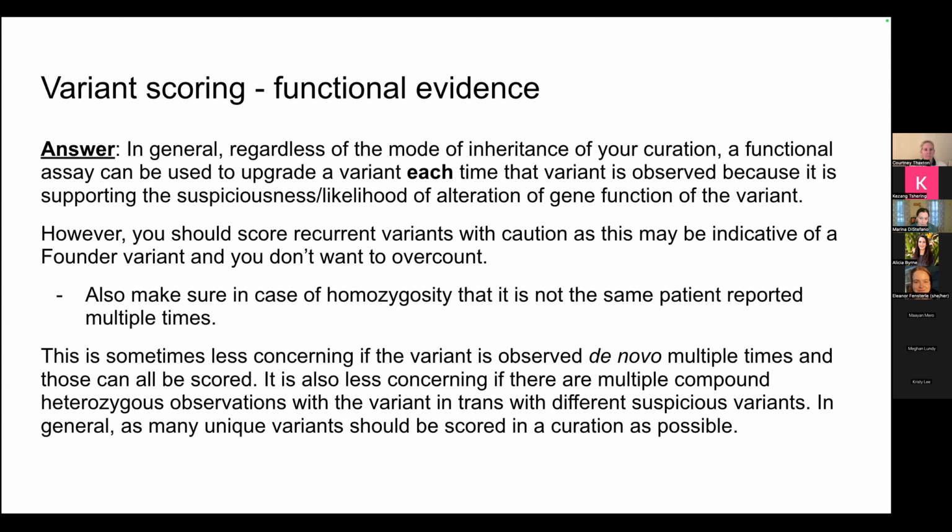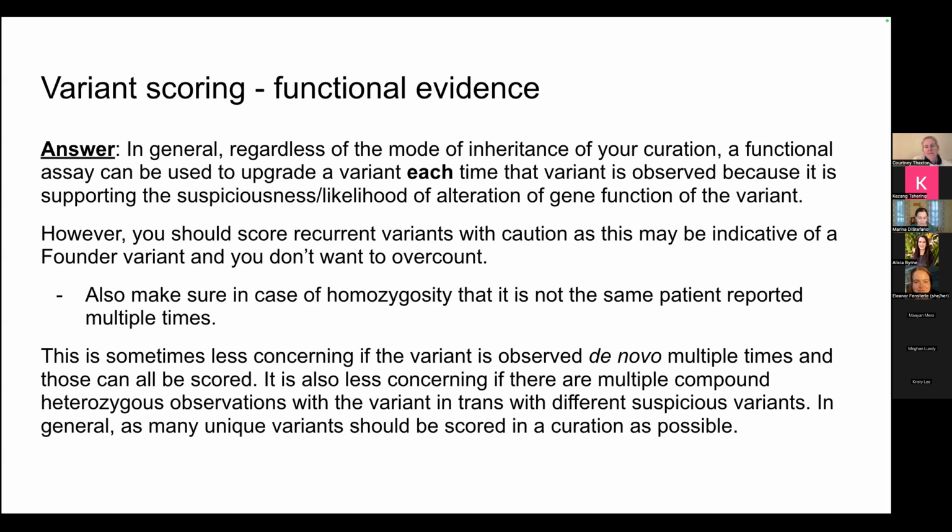So in general, regardless of the mode of inheritance of your curation, a functional assay can be used to upgrade a variant each time that variant is observed, because it's supporting the suspiciousness or likelihood of alteration of gene function of the variant. And oftentimes, assays can be expensive. If something is already published once, a researcher doesn't necessarily think they need to repeat a functional assay to prove that a variant is suspicious. And so we feel that this could be used each time to upgrade the variant